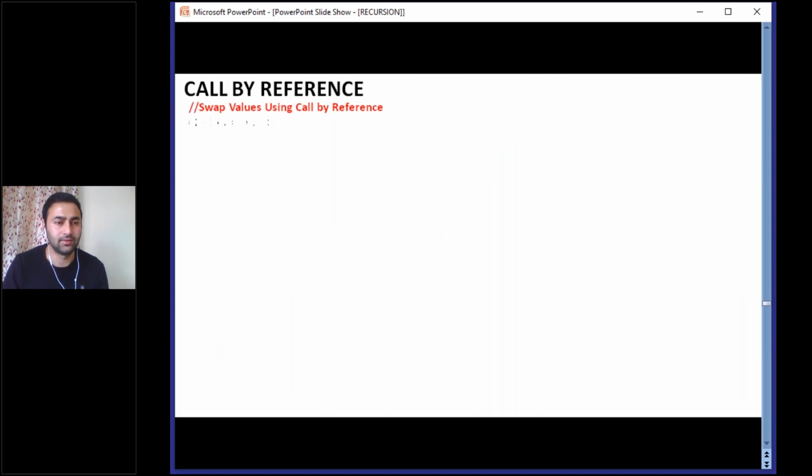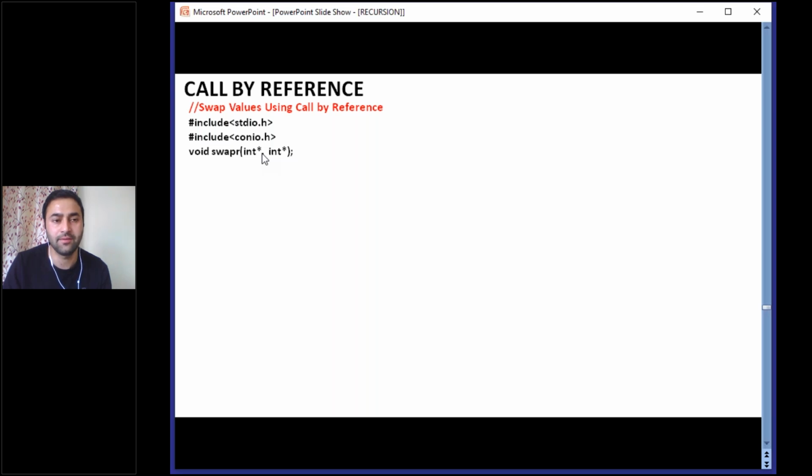Okay, so see, this is the code here. Now this is the declaration for call by reference. Now you have understood what pointers are. Okay, so this is the function name swap r. This means swap by reference. Now during call by reference, you have to pass the address. Okay, now you will not send the values of variables.